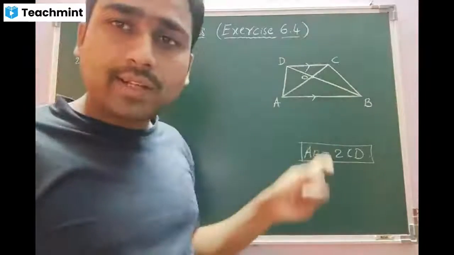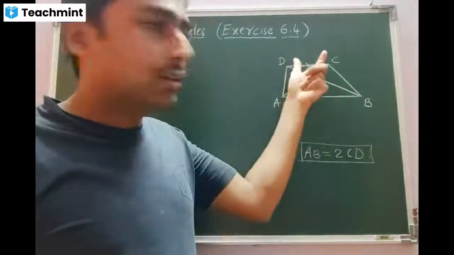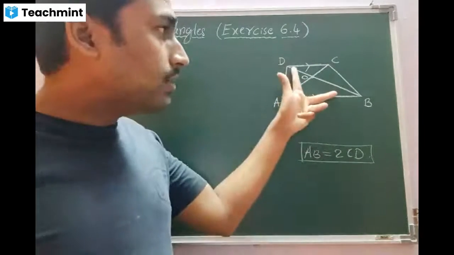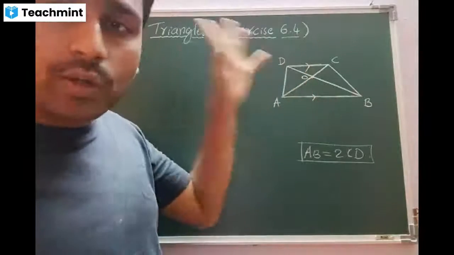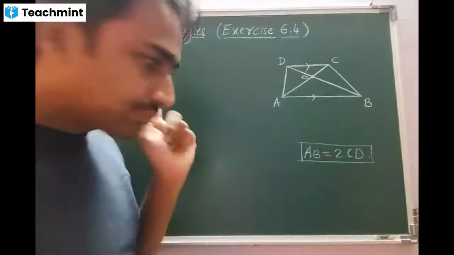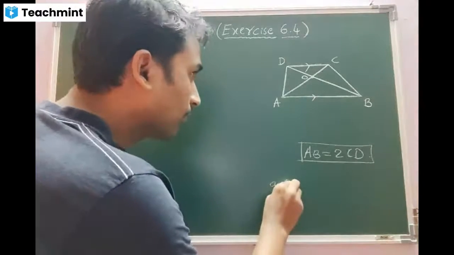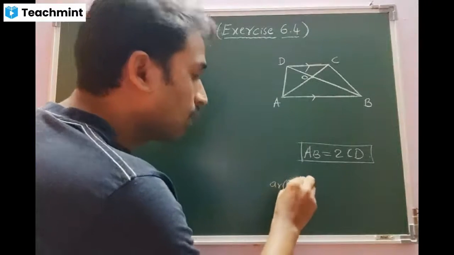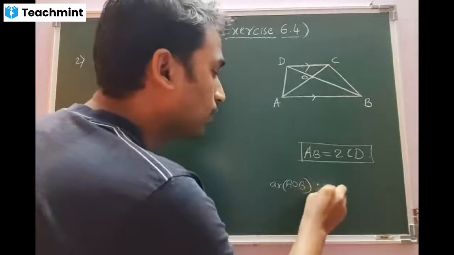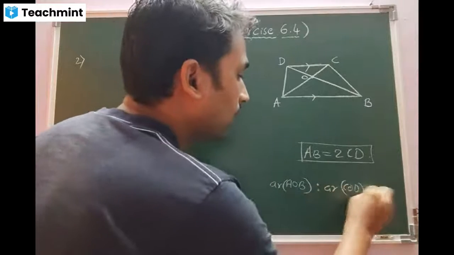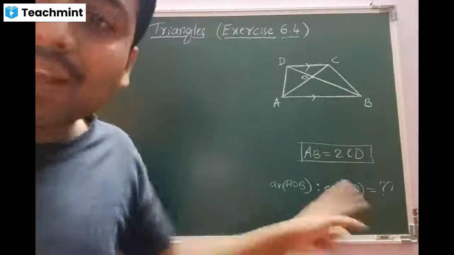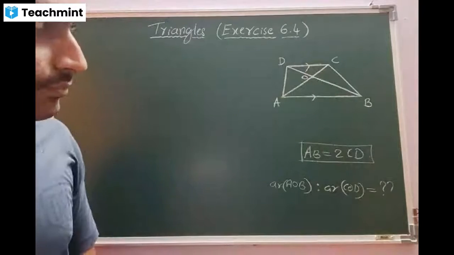Now, what is the question all about? One trapezium ABCD, the condition AB is parallel to DC. Also, AB is double of CD. Then the diagonals BD and AC are intersecting at point O. What we are supposed to find? Find the ratio of the areas of triangles AOB and COD. Area of AOB is to area of COD is equal to what? We need to find the ratio of the areas of these two triangles.